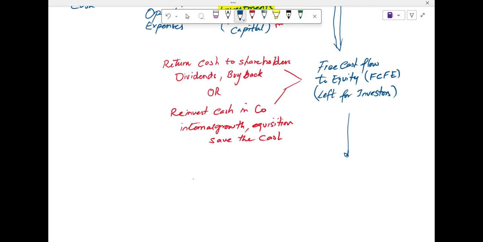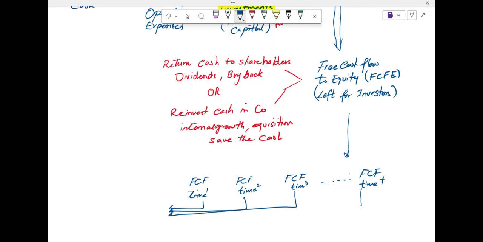So free cash flow time 1, free cash flow time 2, free cash flow time 3, and so on, and free cash flow time T. So we can work back the discounted cash flow to year 0, and that can be used for the